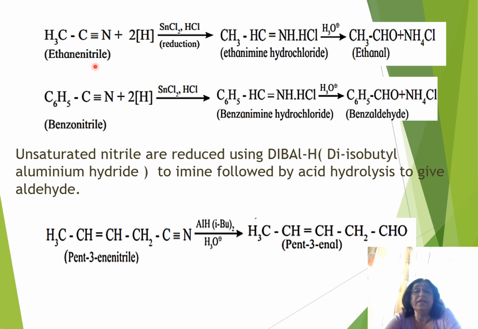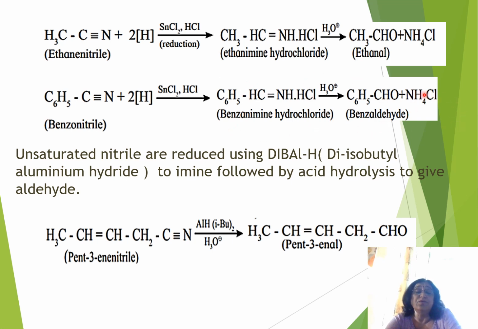Then if you have ethane nitrile, on reduction with tin chloride and HCl, you get ethanimine hydrochloride, CH3CH=NH·HCl. Then this on hydrolysis gives you CH3CHO plus NH4Cl. Clear? Then benzonitrile on reduction with tin chloride and HCl gives you benzimine hydrochloride, which on hydrolysis gives you benzaldehyde